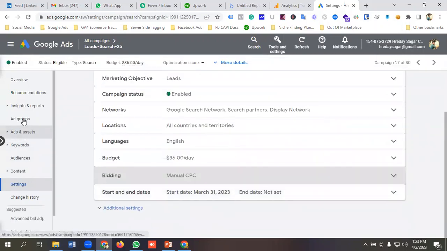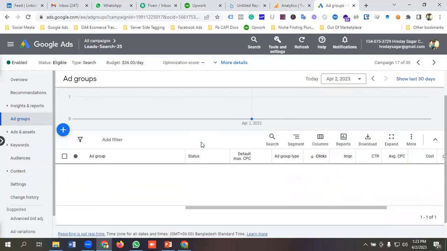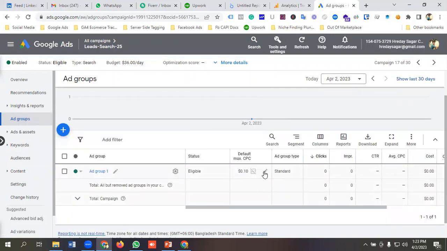And you need to go to the ad group section to give a max CPC. Okay, suppose I'm giving it as $1, and saving it. That means Google will try to give you the click within $1. Okay. So yeah,